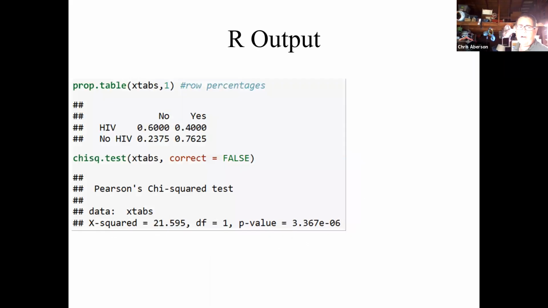All right, in terms of the R output, you can see some of the code here. First, we need to make a table. Then, we can get the proportions. This will give us the different proportional values, a nice piece of information to have. And you can see even more clearly when we look at the proportions, 60% of the people who said that they had HIV were told no, whereas only about 20-some percent of the people who didn't mention HIV said no. The chi-square test there shows a very, very low probability, well below the 0.05 level, which tells us that ain't a coincidence. There's something about what they're telling the landlords that is affecting their status.